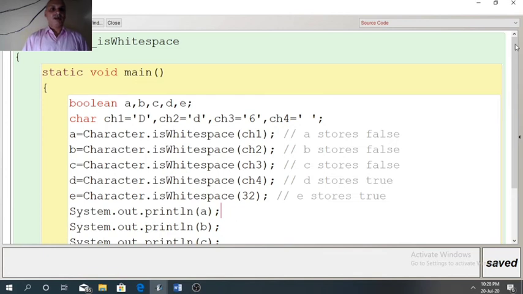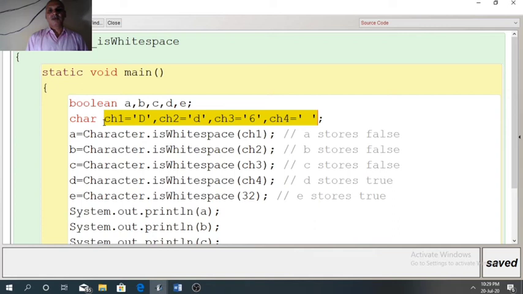A program I have designed for white space also. Again A, B, C, D, E, 5 variables of Boolean type. CH1, CS2, they are letters, CS3 is digit, CH4 is space.